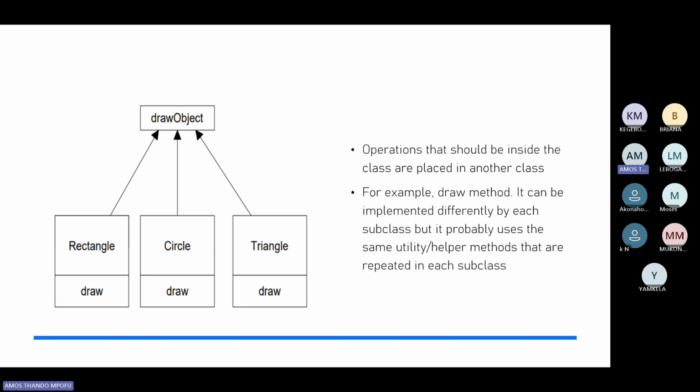Basically, we have a draw inside rectangle because we want to be able to draw a rectangle. We have a draw inside a circle because we want to be able to draw a circle, and so forth. So instead of having those draw methods, because if you look at the draw method, it most probably has the draw method itself and what we call utility methods. These utility methods are basically helper methods that help you do the drawing. So what the visitor design pattern tries to achieve is that instead of creating all those, because they are common,